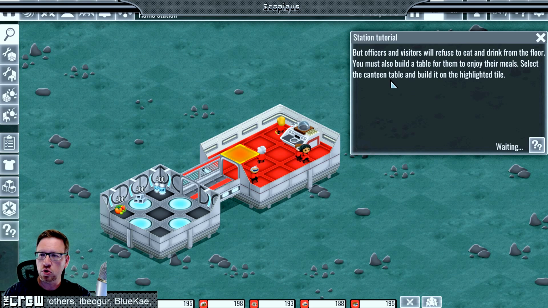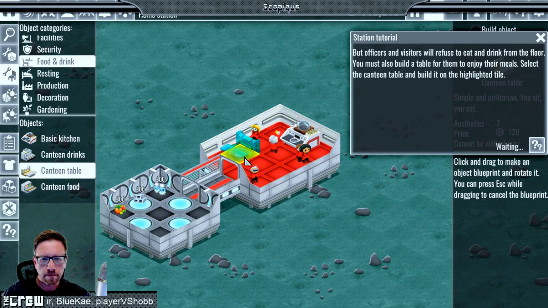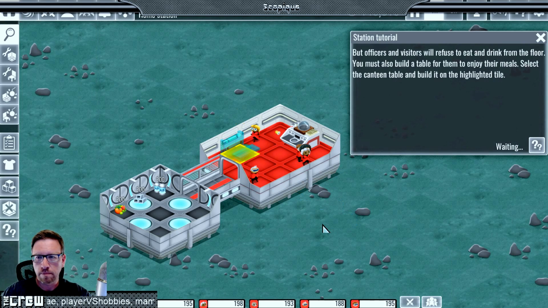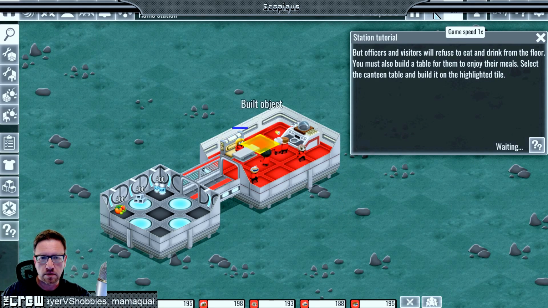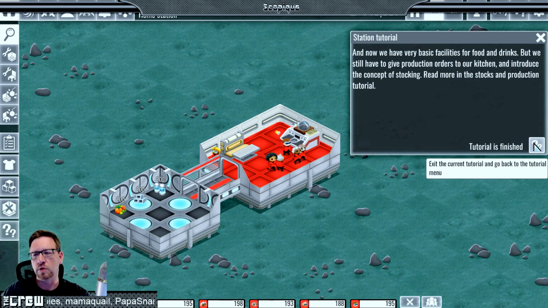Officers and visitors will refuse to eat and drink from the floor, as is their privilege. Must build the table. Canteen table. Alright, crank that out. Cool. Very basic facilities for food and drink. Okay, so we've got to give production orders. So once we do that...